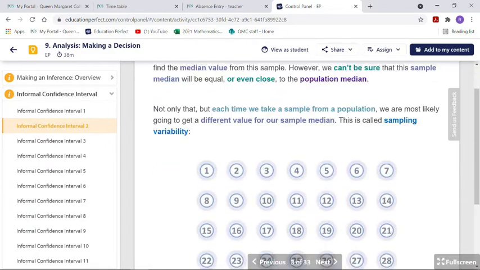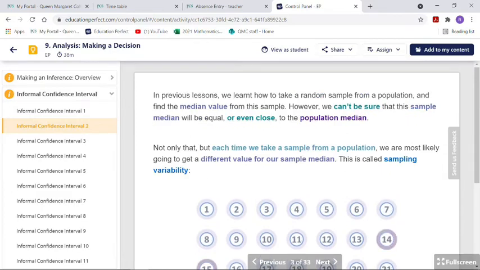So we've been talking about taking a sample and then comparing the median values from the sample, as well as some other analysis points from the sample. But if you think about it, every sample you take is going to be different, yes? And so you can assume that you're going to get different values each time you take a sample. If you don't use the entire population, then you're going to get some variability. It's actually called sampling variability, and we've talked about that in some of our other papers. You had to have that phrase, and that is a phrase I will be looking for when we do those. And you'll see it in the sentences when we get to the sentences.